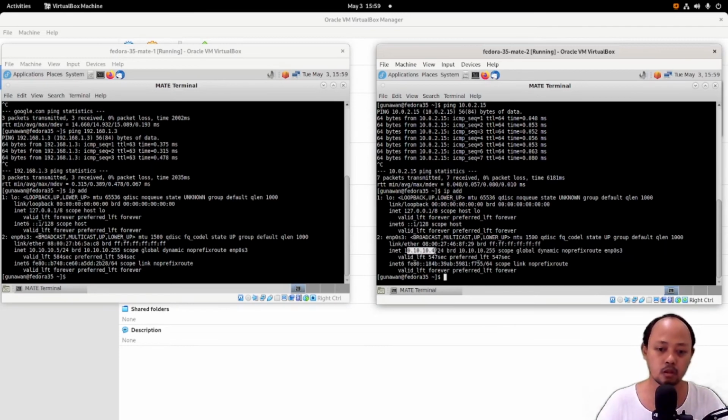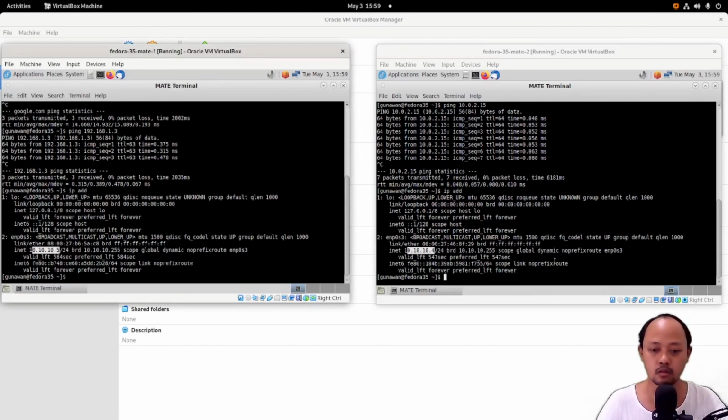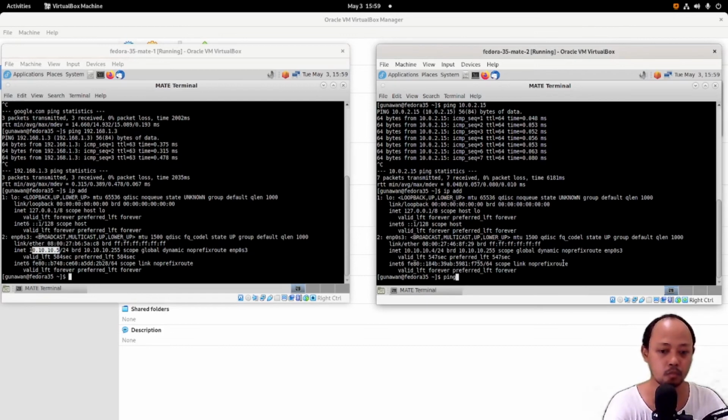It means that this VM and this VM are located in one segment. I can ping another VM that is in the same network.